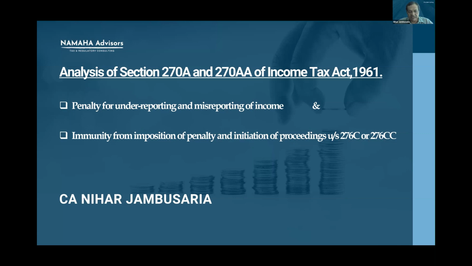If it is to be done by Commissioner of Income Tax Appeals, then during the course of appellate proceedings, and if it is to be levied by Commissioner of Income Tax or Principal Commissioner of Income Tax in the course of revision proceedings, then it should be initiated during the course of revision under section 263. So even under the new section, initiation of penalty is necessary during the course of the main proceedings, that is assessment or appellate proceedings or revision proceedings.